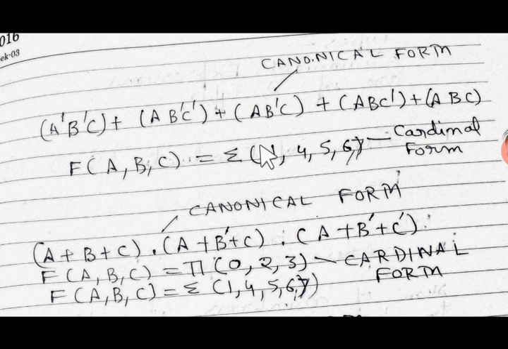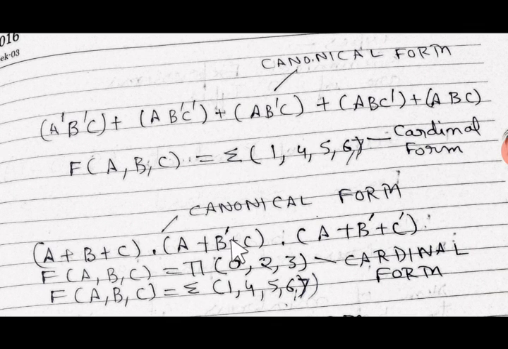Alright? And when you look at this, it's the collection of all the minterms, purely consisting of minterms, and all these minterms have been ORed. So it is called the sum of products. In fact, it is called standard sum of products. And the symbol for the standard sum of products is sigma, and this is a function f of a, b, c. So this function has been represented in the cardinal form, and here it is canonical form.